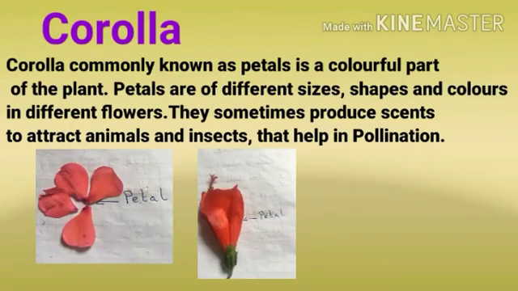Corolla. Corolla, commonly known as petals, is a colorful part of the plant. Petals are of different sizes, shapes and colors in different flowers. They sometimes produce scents, or because of the bright colors of petals, they attract animals and insects that help in